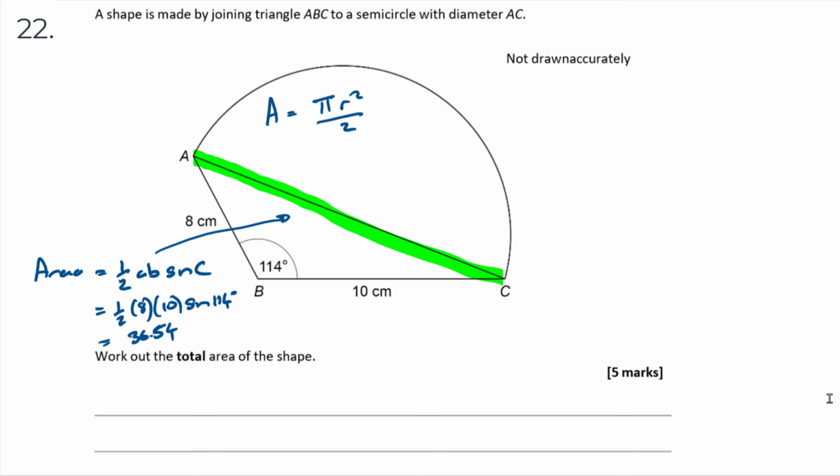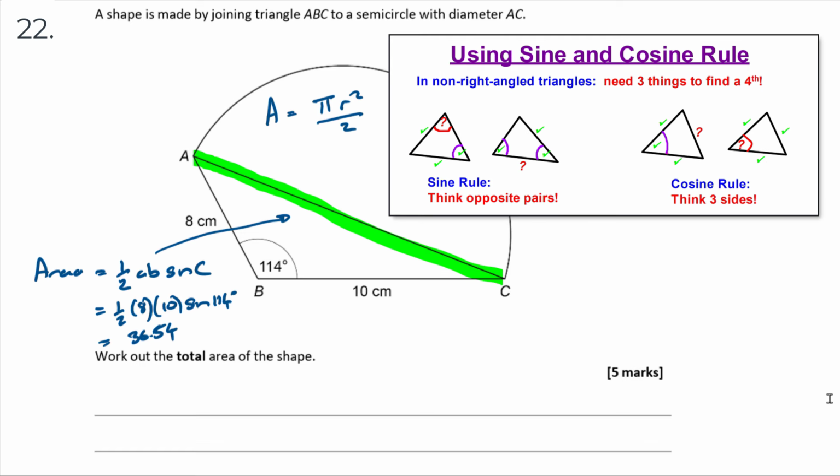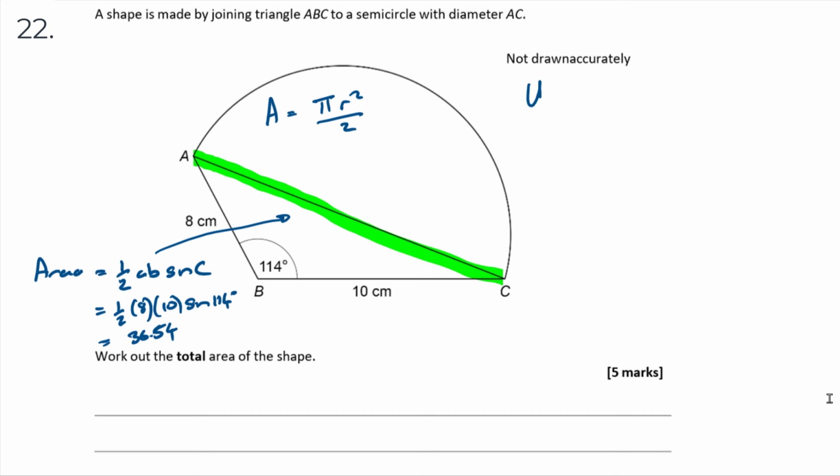Now the next thing we need to do is know what AC is. So we want to find the third side of a non-right angle triangle, given the fact we know the other 2 sides and an angle. This is clearly a job for our trigonometry and non-right angle triangle rules, but is it the sine rule or is it the cosine rule? The sine rule tells us about opposite pairs, and the cosine rule tells us about three sides. Okay, so this one is about three sides because we've got two sides, we want a third side. So it's going to be the cosine rule. So using cosine rule,